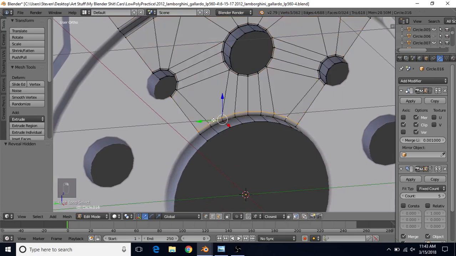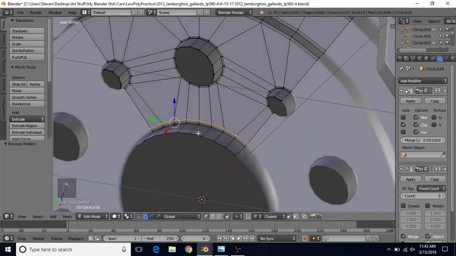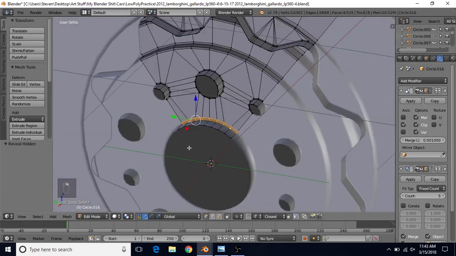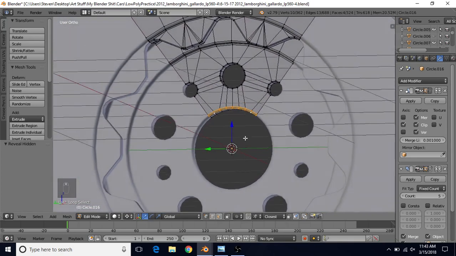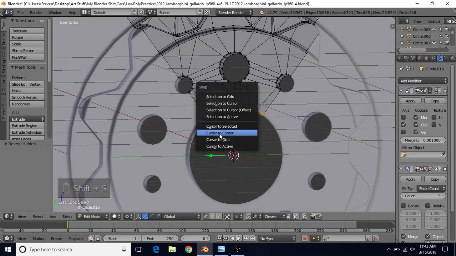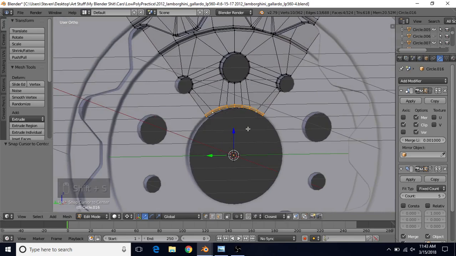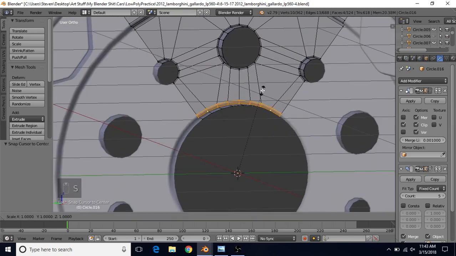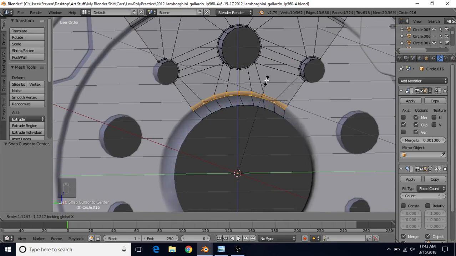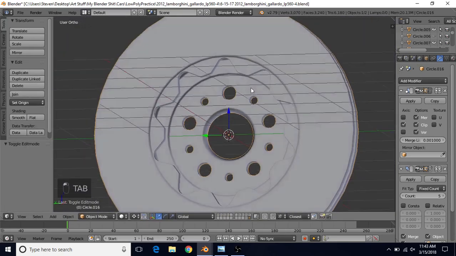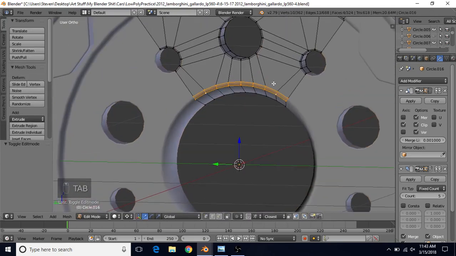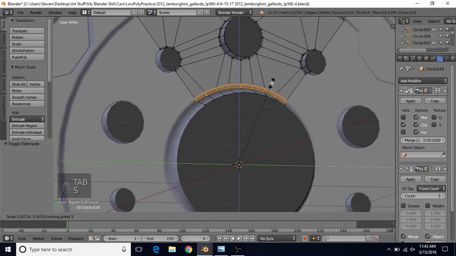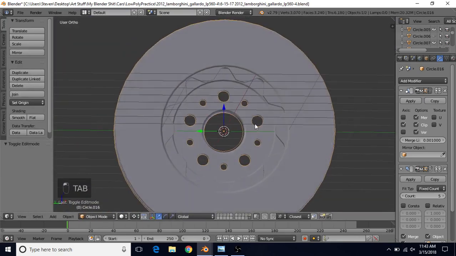But what we want to do is just Alt right click here, Alt and Shift right click to get both of these. Change this to 3D cursor. Again, make sure it's in the center. Do Shift S, cursor to center. And then we're going to do S to scale, Shift X to exclude the x-axis and just scale this out slightly. You'll see in the reference picture that this actually looks like it is scaled out a little bit like this. So just use your best estimate to how far